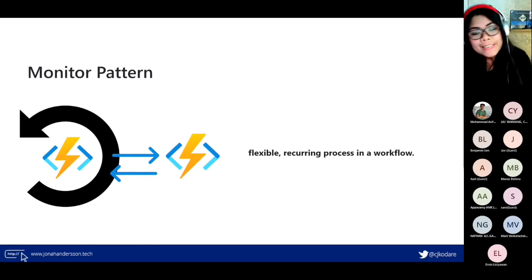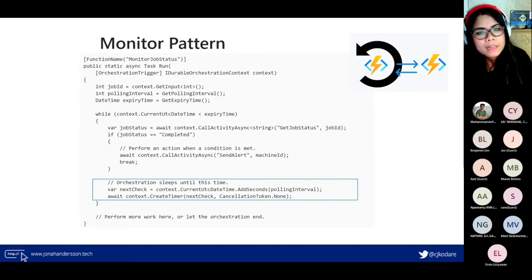And the fourth one is the monitor pattern. In the monitor pattern, as the word itself suggests, it is useful for a flexible recurring process in a workflow, like this other example. We have a monitor job status in which you have a while loop that checks on the expiration time, and you have a condition to check if the status of the job is completed.